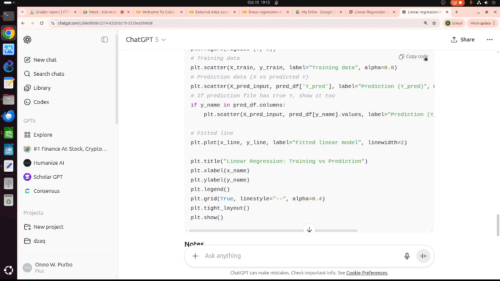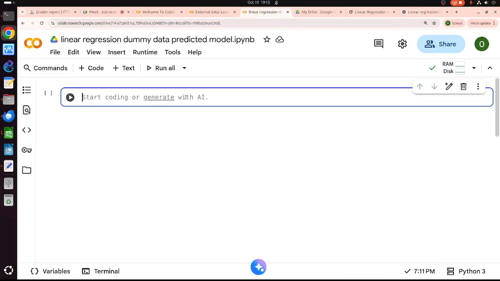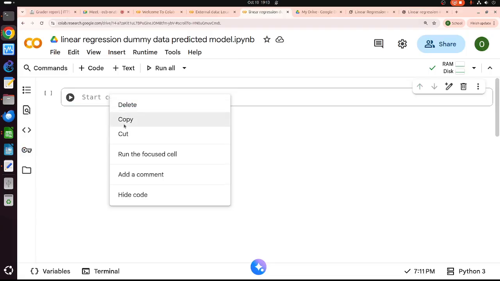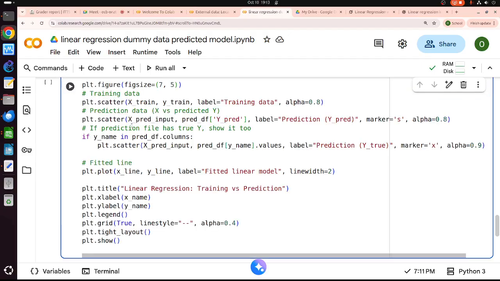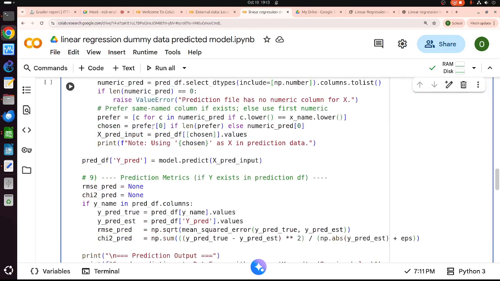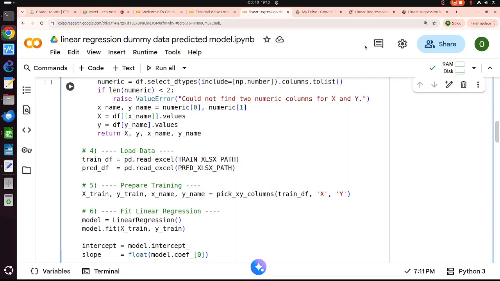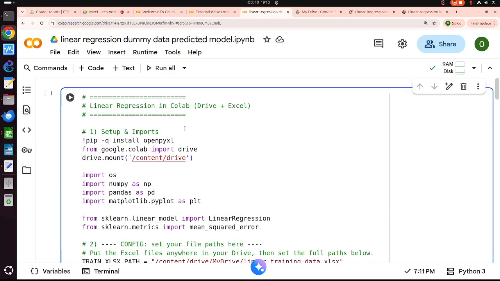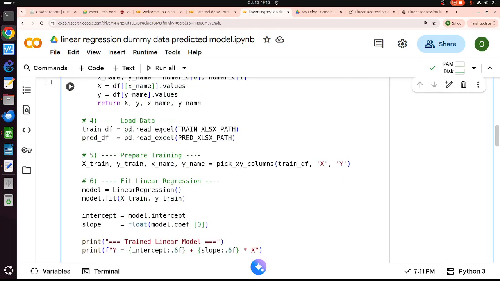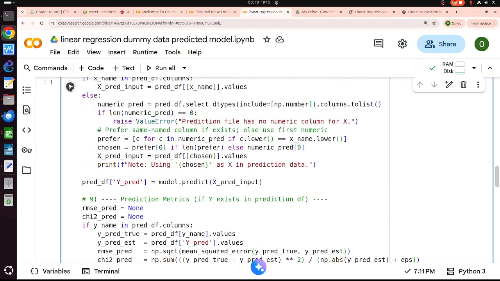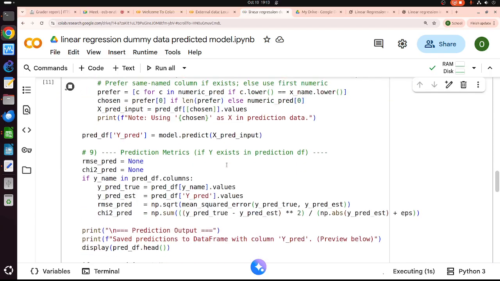Copy again. Copy. Put it here. What happened? Well, there's no paste here. Okay. So the code is much more complicated than the Grok. I hope it gives much better result. Grok is okay.